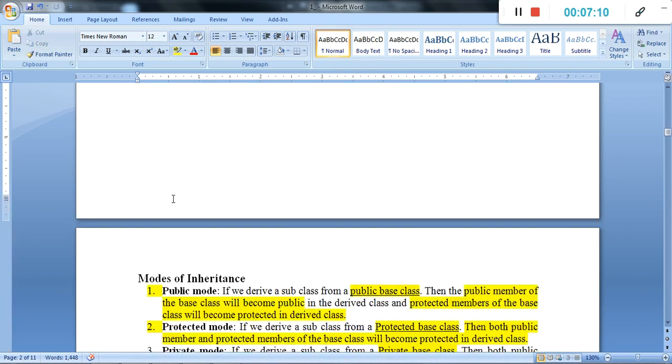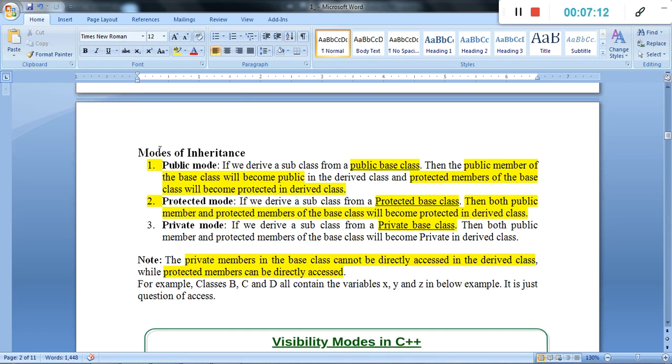Now we will understand the mode of inheritance. The mode of inheritance runs with 3 modes: public, protected and private. In public mode, when we inherit, we mention the mode as public. Public members of the base class will be public in the derived class.